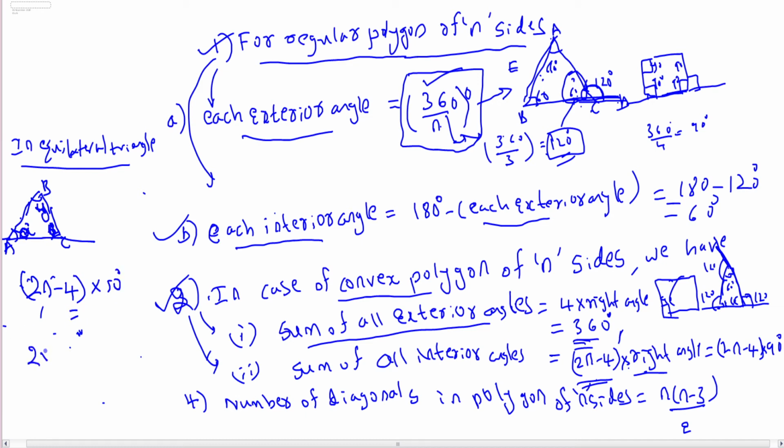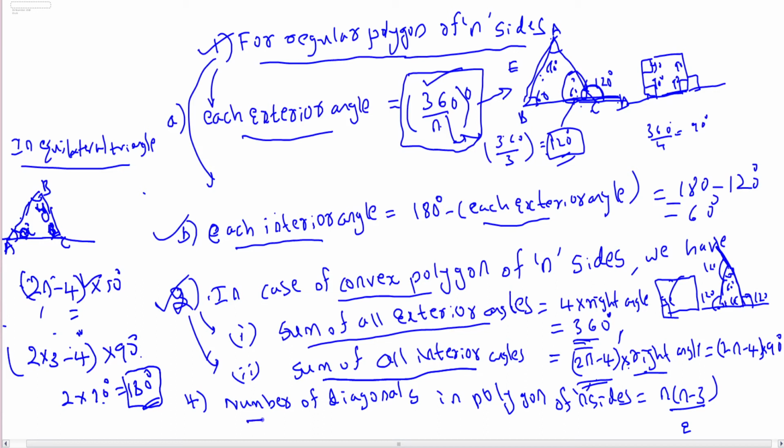See here, 2 into n means what? 3 minus 4 into 90, that is 2 into 90, that is equal to 180. Can you agree? The sum of interior angles of a triangle is 180 degrees. Definitely we agree. Yes, this confirms that this formula gives the sum of all interior angles. Okay, based on that we can confirm